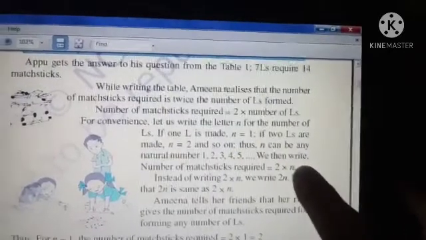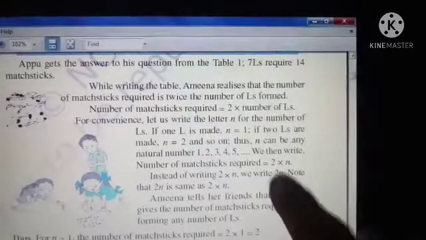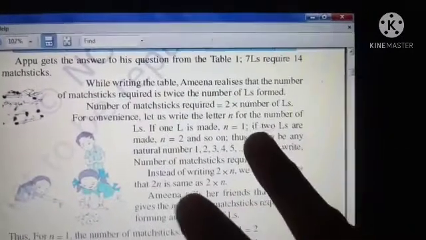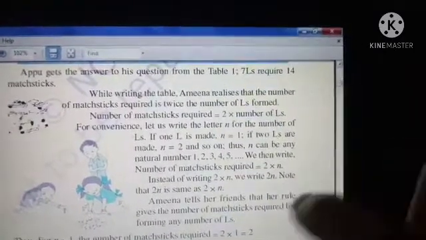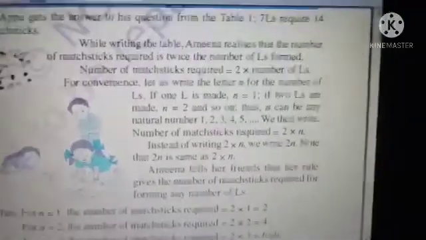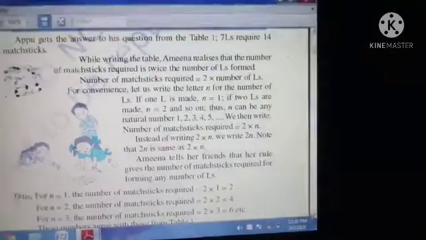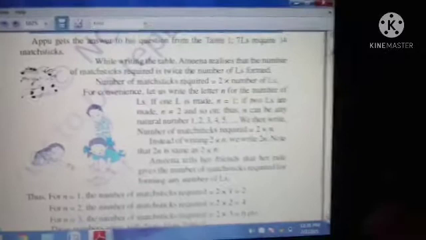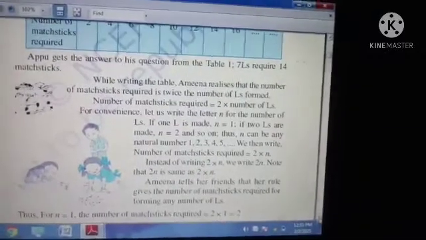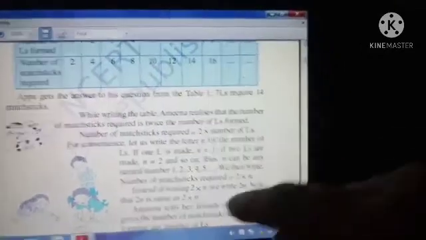If you want L only one time, 2 into 1 is 2, so you need 2 matchsticks. If you want 2 L's, 2 2s are 4, so 4 matchsticks are needed. If you want 3 L's, 2 3s are 6, so you need 6 matchsticks. Likewise, you are generalizing this multiple of 2 pattern as 2n.